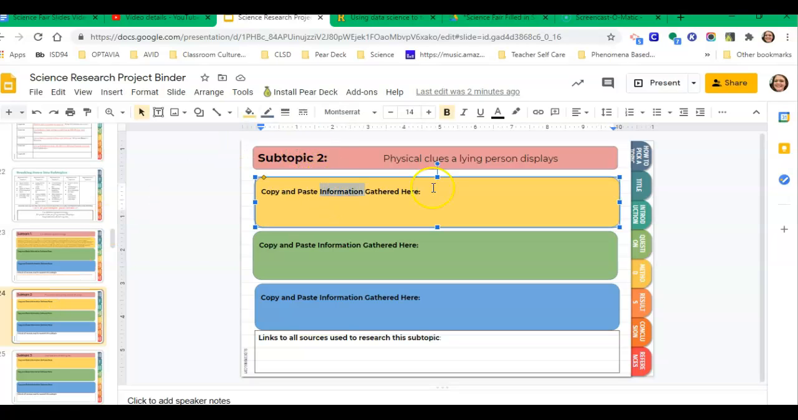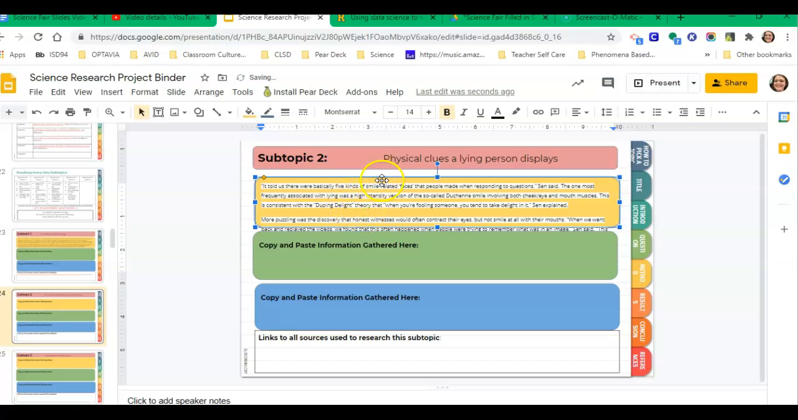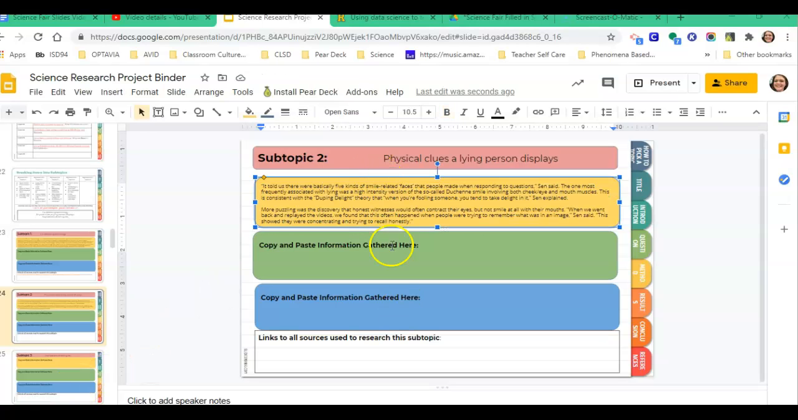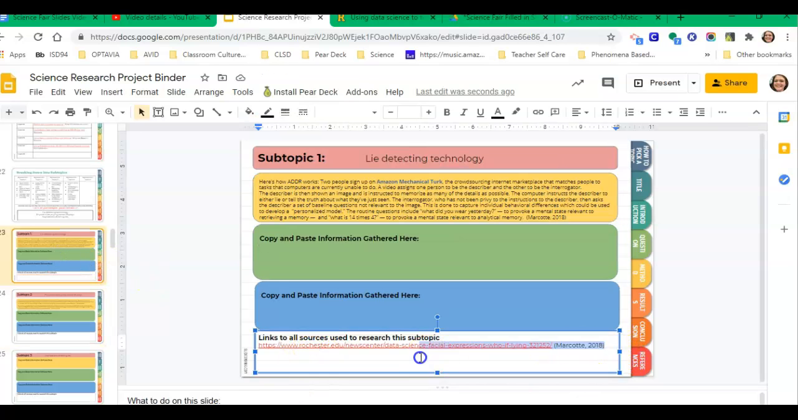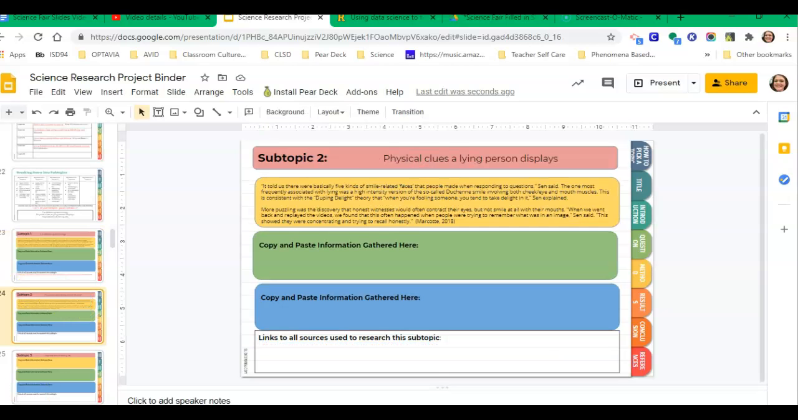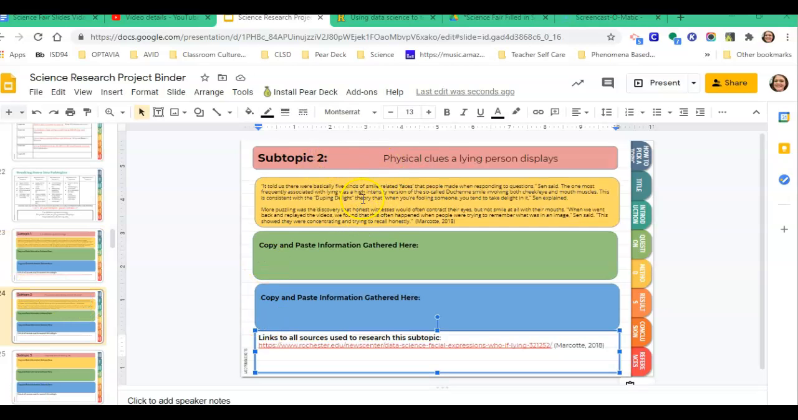So now I'm going to go back into subtopic number 2, which was physical clues a lying person displays, and I'm going to copy and paste that information that I found here. So now I've got that information here, and the really nice thing is that I used the same article. So I already know this information. I know that that was Marcotte 2018. And then actually I can copy and paste my link and my author from here into subtopic number 2. So now I found information for subtopic 2, posted the resource,